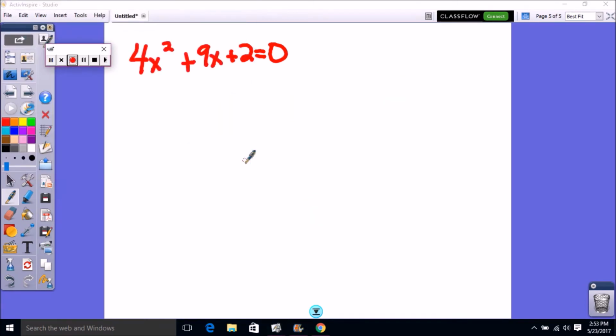Okay, so now I'm doing another problem, completing the square, and yes, I have an A term. So the first thing I need to do is get rid of that A term. So I have x squared plus 9 over 4x. Now I'm going to realize this is going to be 2 over 4, which is a half. And since this is positive, when I move it to this side, it's going to become negative. So I'm going to do all of that in one step. Okay? Now,